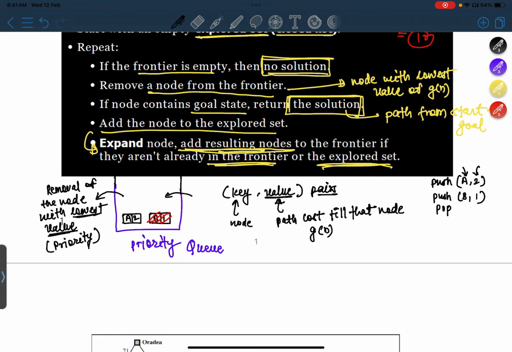Now again, if I do push c=3, I can insert c with cost 3. And if you again do push a equal to 1,